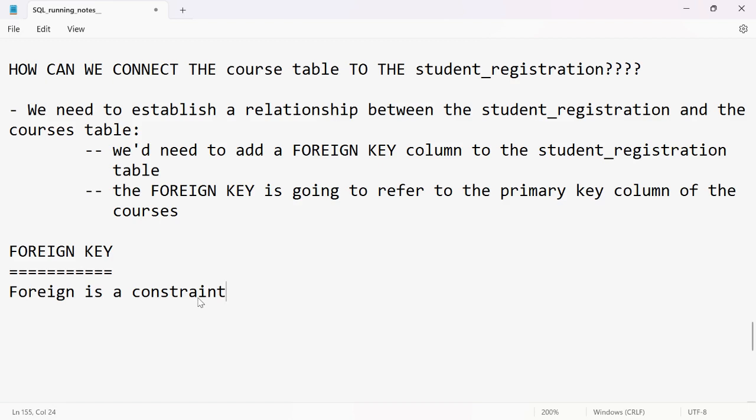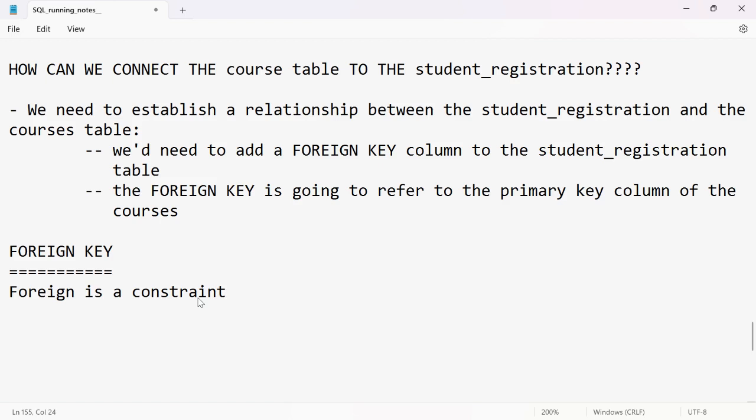They enforce integrity, right? So in any kind of constraints we define, the term enforcing something is going to be there, and the end goal for all constraints and keys is to make sure there is integrity of data. In this case, foreign key is definitely a constraint,